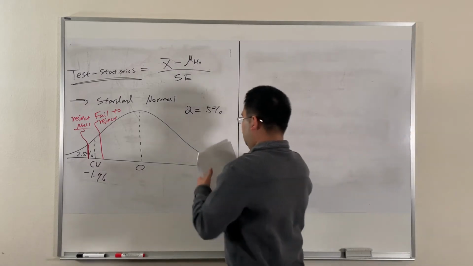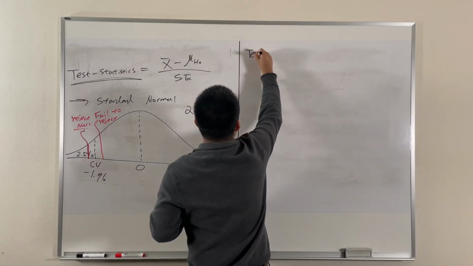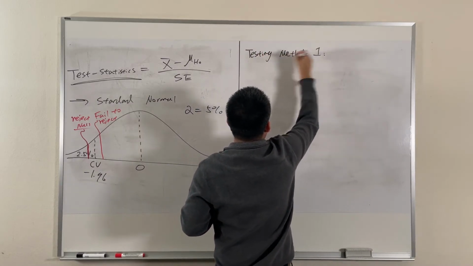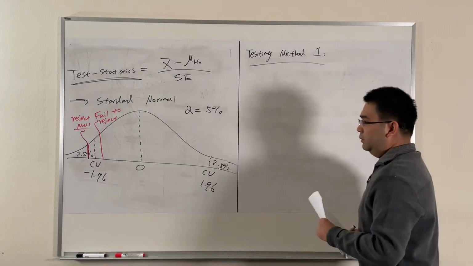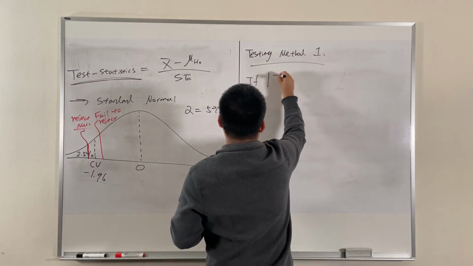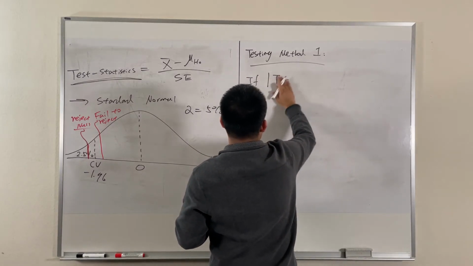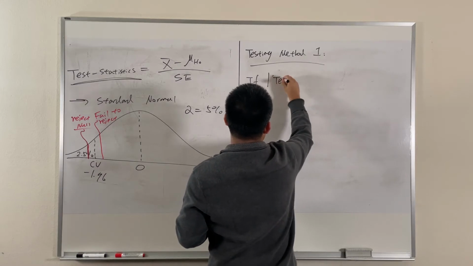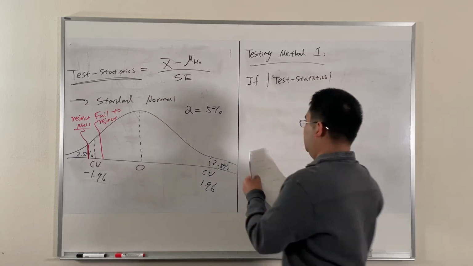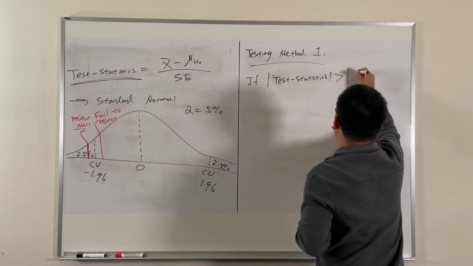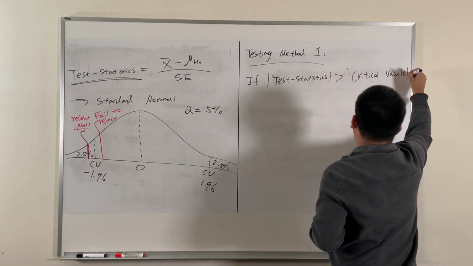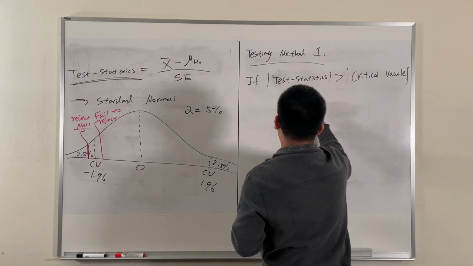So this gives us testing method 1. Okay, so testing method 1. If the absolute value of your test statistics is greater than the absolute value of the critical value, then you're going to reject the null hypothesis,